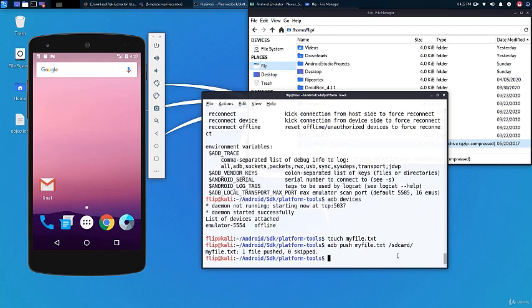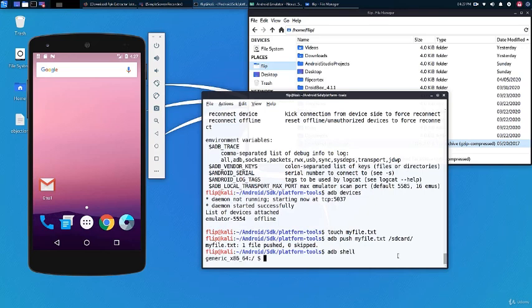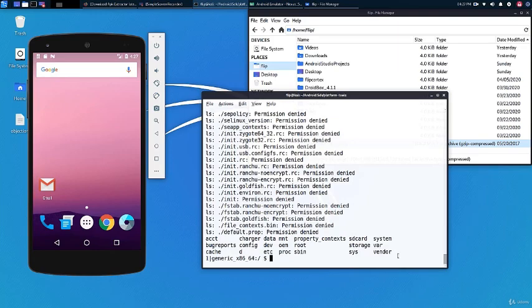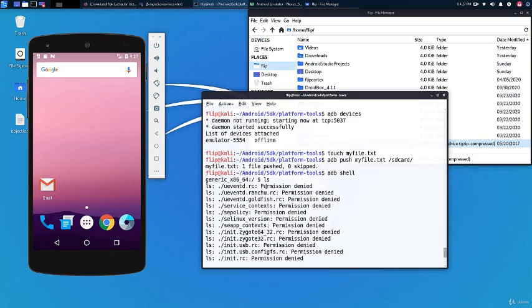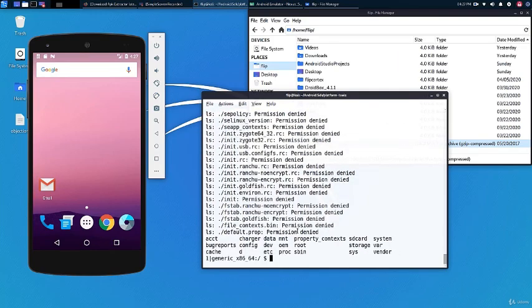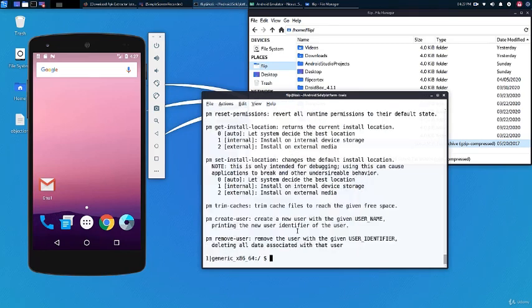Before we do that, let's look at a very important command, adb shell. So this is used to enter the shell of your Android device. Here you can see the standard Linux environment where we are in the shell of our Android device. Now here we can run several commands using system utilities. So for example, pm list package. And this will give us the package names of the applications that are on the device. And so these packages are currently installed.